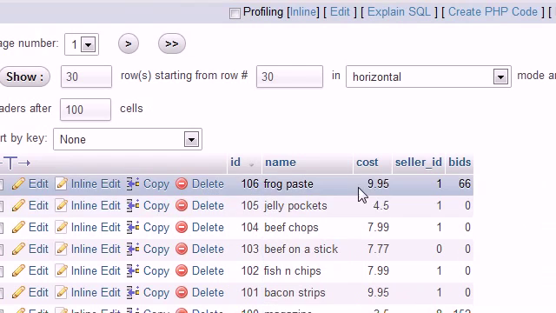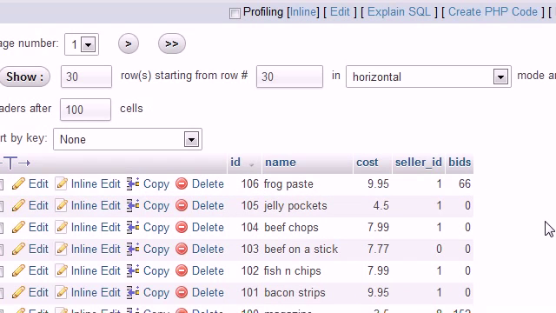So we're going to make sure it's frog paste and bids 66. So that is not only how you update items, but also how you update an item with multiple columns at once. So now I want to teach you guys about delete, and you guys are thinking, okay,